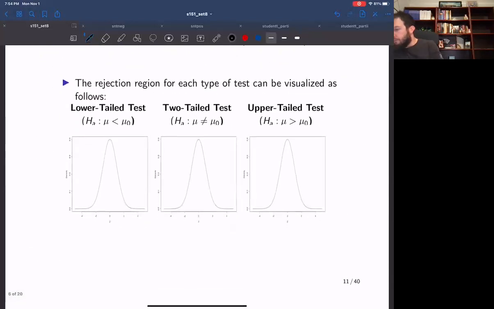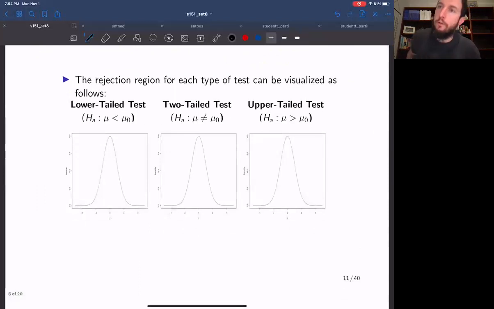Okay, so as I had mentioned before, there are 3 types of rejection regions, and they depend on the type of test. So basically, in the lower tail test, or the less than test, the reason it's called a lower tail test is because the rejection region is in the lower tail of the curve. Okay, so these here are